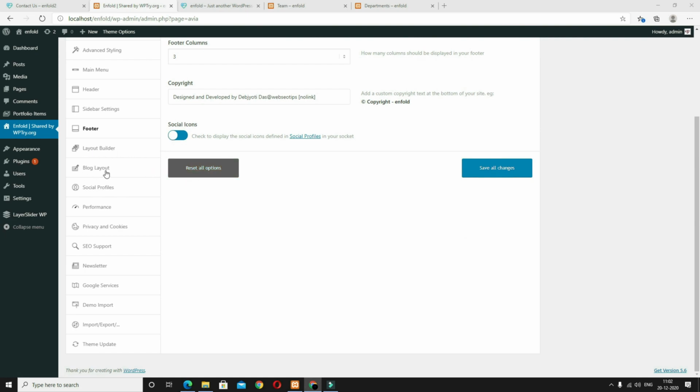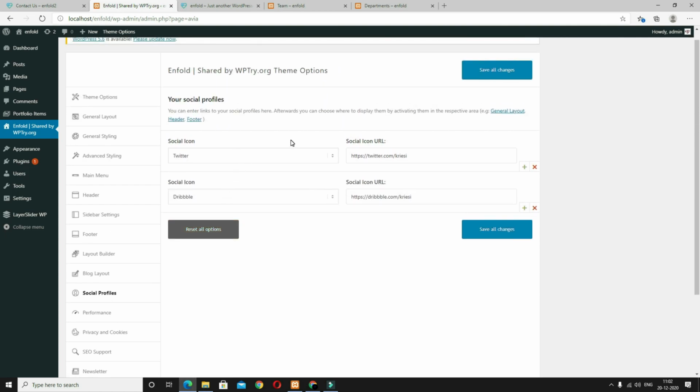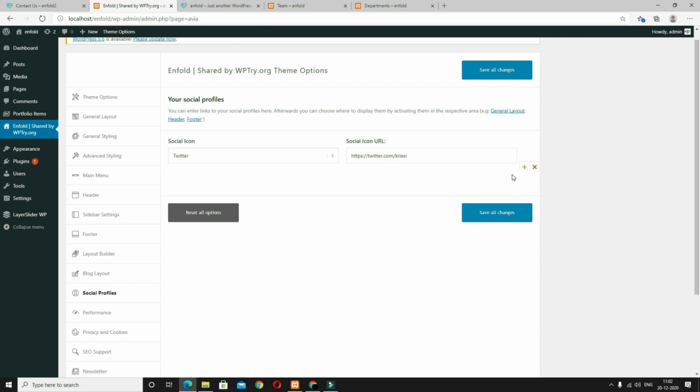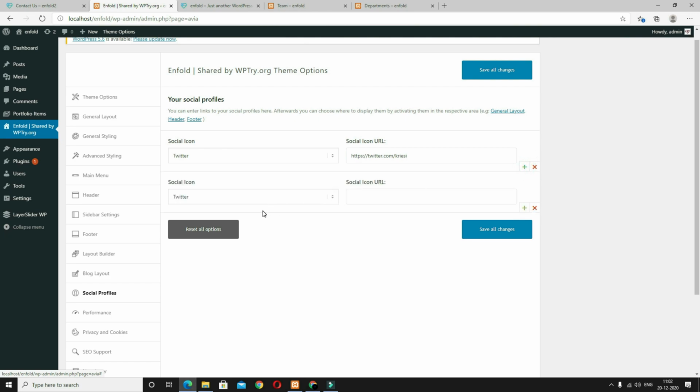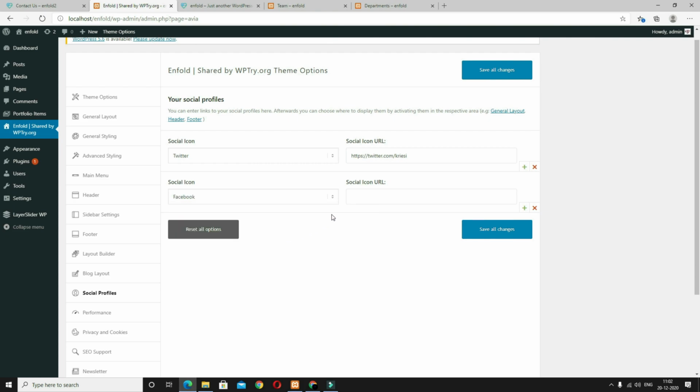After that, come back to the social profile. Here I have to add other social links also. It's very easy. Suppose you do not want to display this one, I just want to display Twitter, and after that just click on this plus option. From this drop down there are so many links. Suppose I am taking Facebook, and after that you have to enter the Facebook link here. It's a dummy website, so I am not going to use my original link. I am keeping this empty only. This also I am keeping empty.